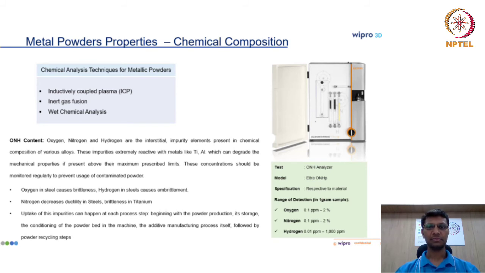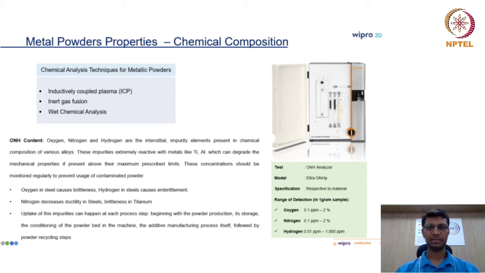Going into the details of the metal powder properties, as I said earlier, chemistry is very important. Mechanical properties and other properties are also dependent on this. We can check the chemical composition of the powder by the inductively coupled plasma method or wet chemical analysis. ONH, that is oxygen, nitrogen and hydrogen content, is very important in the chemistry and needs to be tracked with